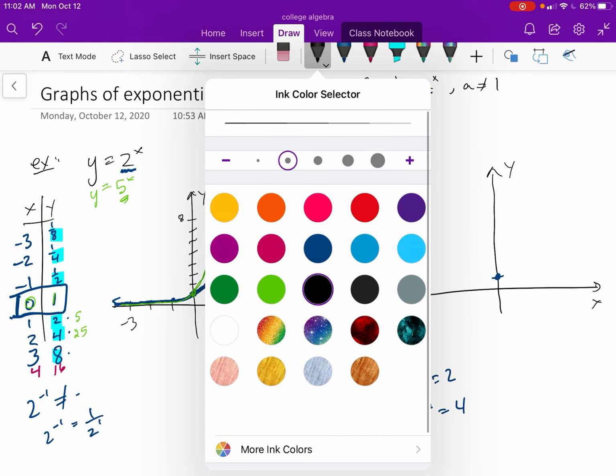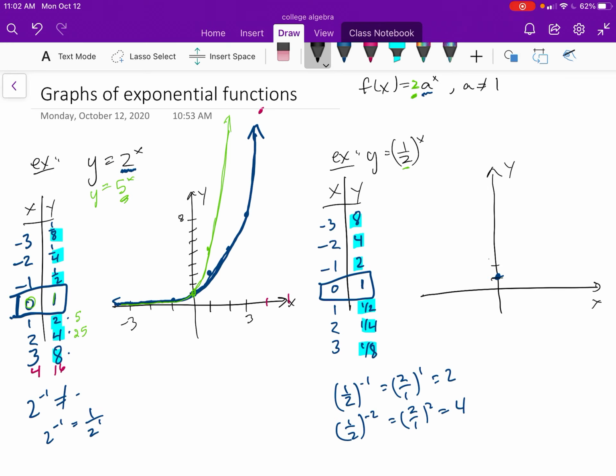So on a graph, 2, 3, 4, 5, 6, 7, 8, there's 8. Again, rough sketch, right? -1, 2 is here. -2, 4 is here. -3, 8 is here. 1, 1/2 somewhere there. 1/4 and 1/8. So it looks like the graph of 2 to the x, but